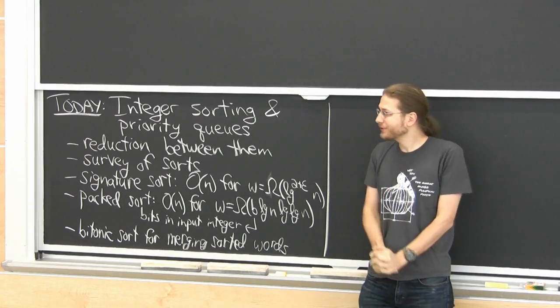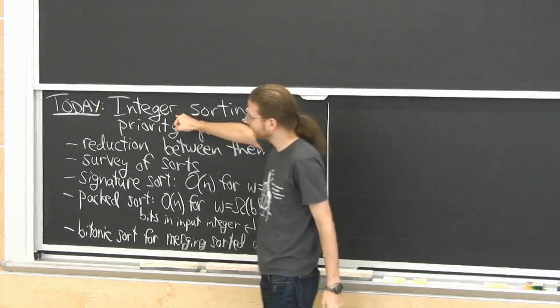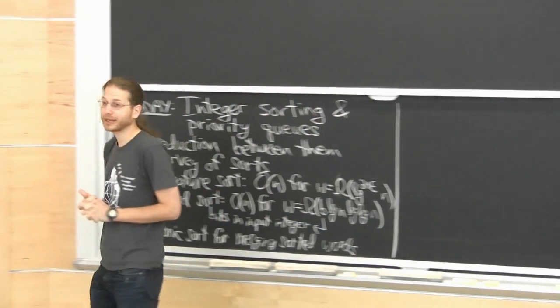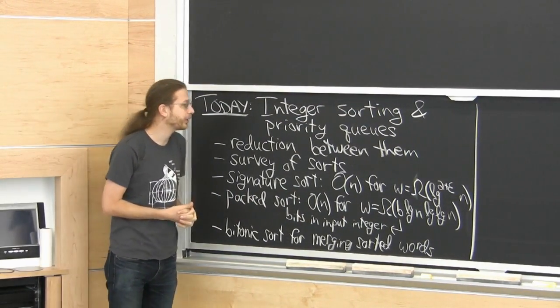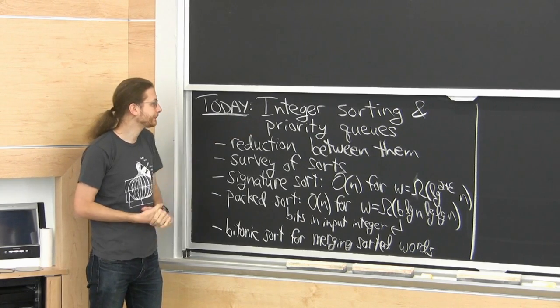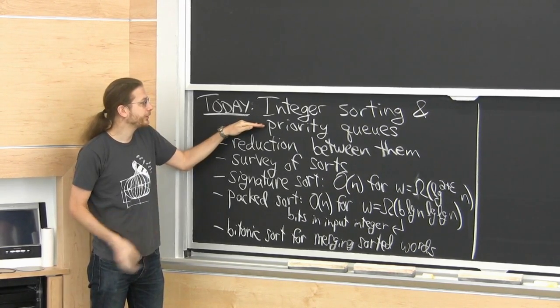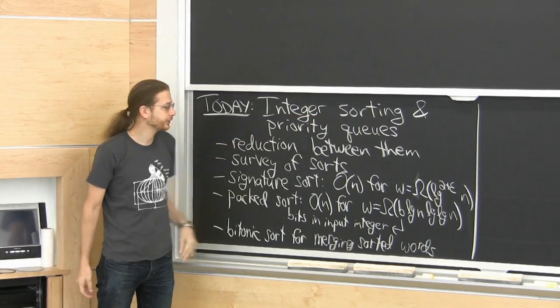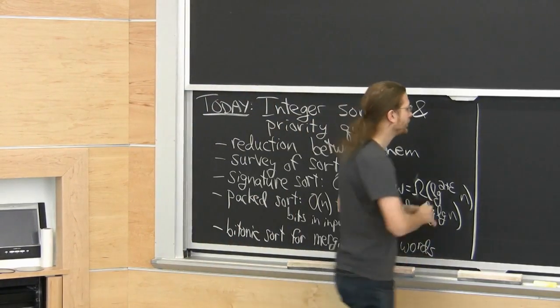All right, today we continue our theme of integer data structures, and today we're going to look at priority queues instead of the predecessor problem, so something a little different. Insert, delete, and find min. It turns out priority queues are equivalent to sorting in the sense that